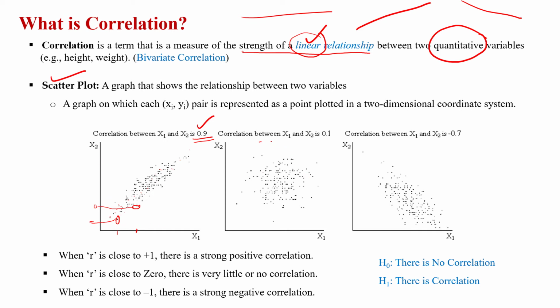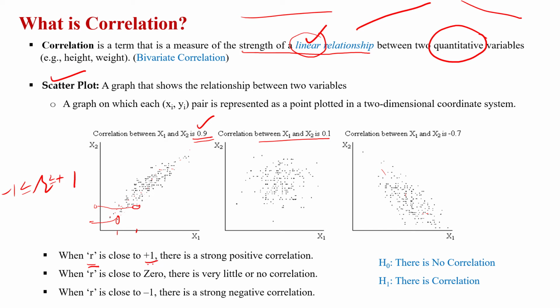Over here we have a weak relationship, which is 0.1. So only 10% of the time when x1 increases, x2 also increases. Or if it is near zero, it might be that they do not have a significant relationship between the two variables. Over here we have a negative relationship. The answer of the correlation, which can be represented with R, always lies between -1 and +1, as we have already discussed.